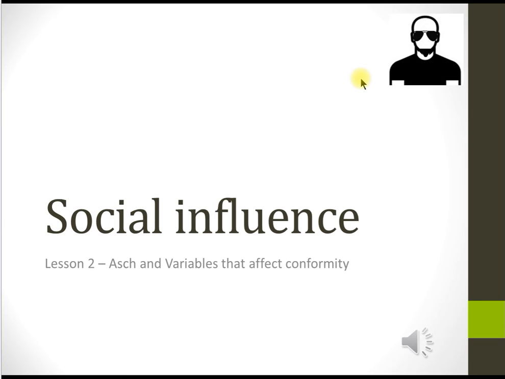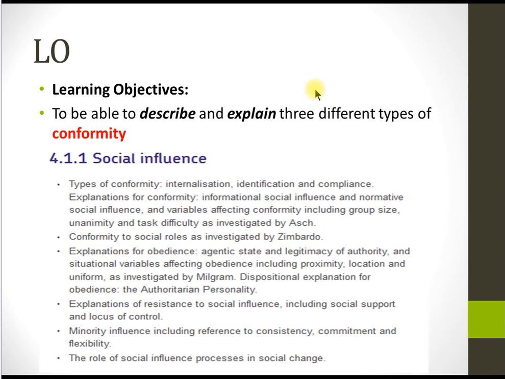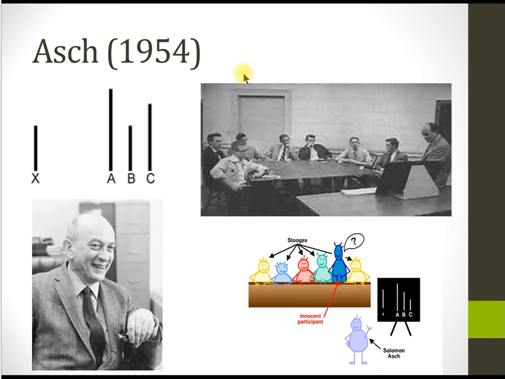Hello and welcome to Lesson 2, Asch and the Variables that Influence Conformity. In today's lesson, we are going to look at some of the variables that affect conformity, including group size, unanimity, and task difficulty. We're also going to look at Asch's original experiment and the variations he conducted to investigate these three elements. So, Asch in 1954 developed what's referred to as the Asch paradigm, which involves a series of confederates